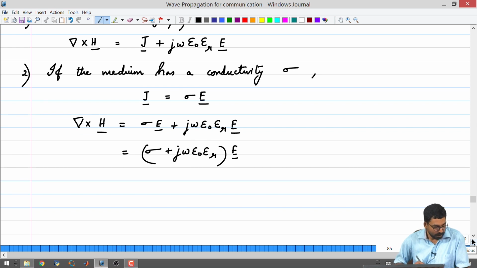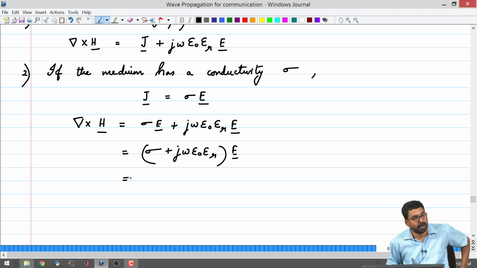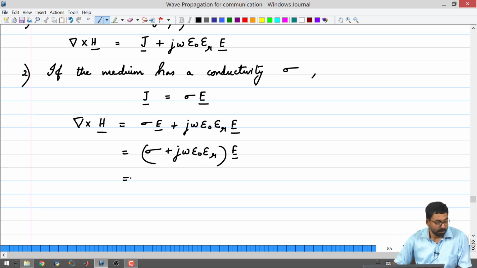Okay. We can go one step further and try to rearrange the terms inside the bracket, and see if we can divide this into some real part, imaginary part, etc. Already we have a sigma term which is not dependent on the frequencies, and then we have a j omega epsilon naught epsilon r term. Suppose we rearrange and do some distribution of terms, can we make a different physical interpretation?